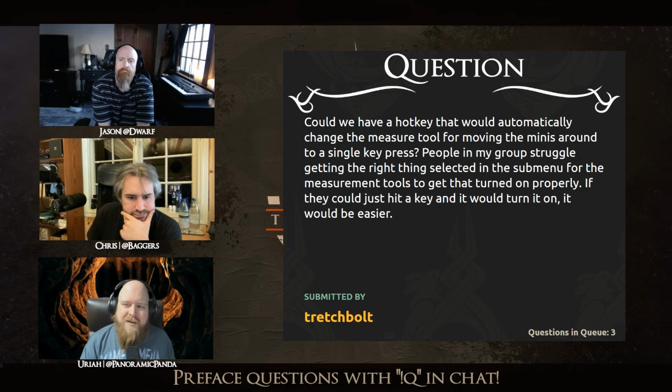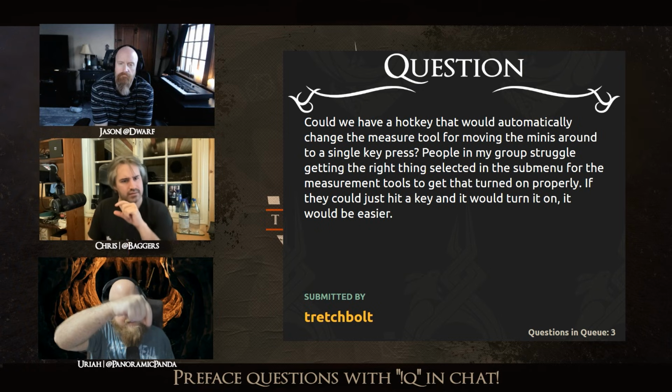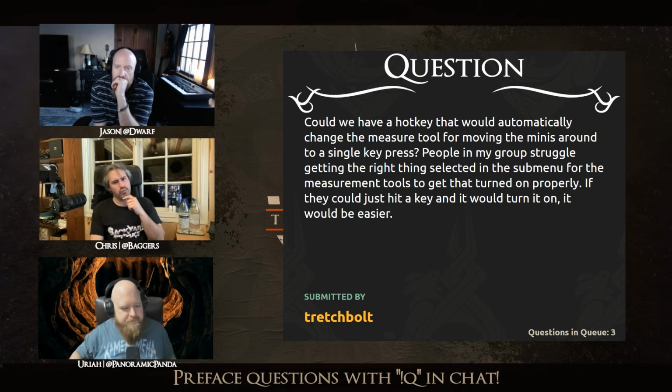Okay. So I feel like what they're asking here is specifically how to do that with one hotkey. Specifically, it looks like they are doing the creature measurement according to their chat here, which is I believe currently R and then 4 is the default. I think 5, but yeah, like when you pick up a mini and it has the line. Yeah, that one's sticky. That one stays on once you've set it.